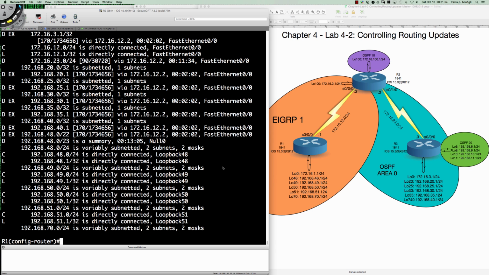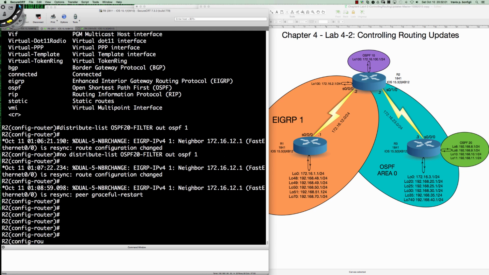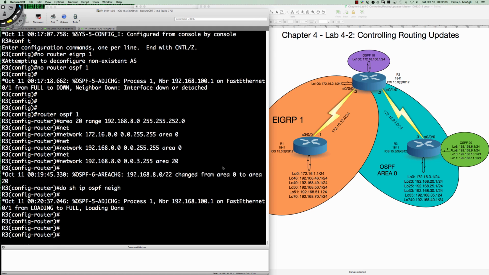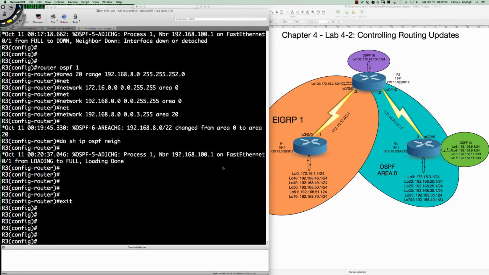So now on router 3, we're going to take a look at using the distribute list with a prefix list as opposed to an ACL. So let's jump onto router 3 here. All right, so on router 3, if I say do show IP route,